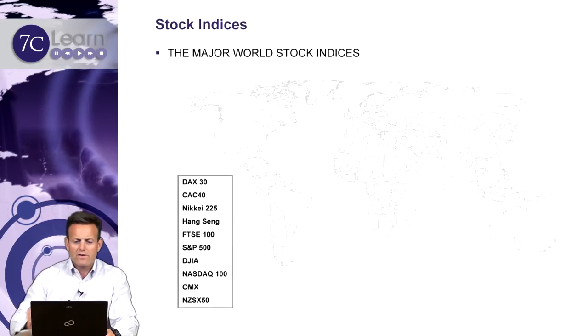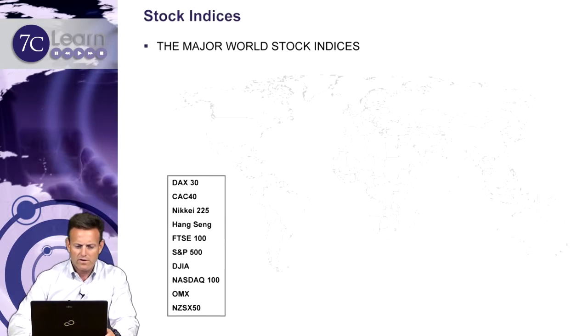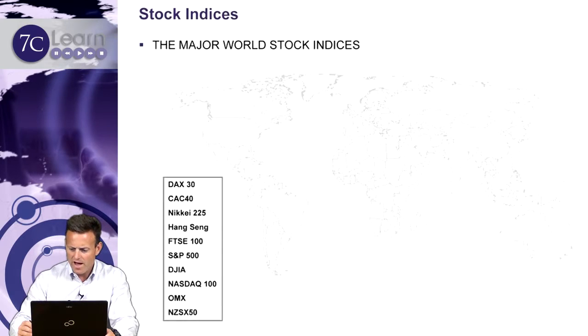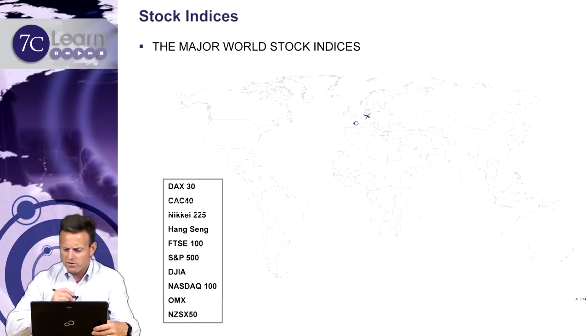So let's take a look at a couple different indexes from around the globe. The first one is the DAX. What country is that from? DAX is in Germany, which hopefully I'll check the right box. I think that one is Germany right there. So there's our DAX. Next one, the CAC 40. That is France. So put that one right there. There's good old Paris. The Nikkei 225. Okay, that is Japan, which we'll say over here. Japan is our Nikkei 225.